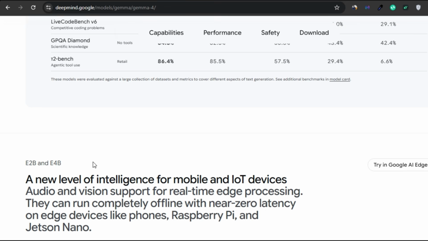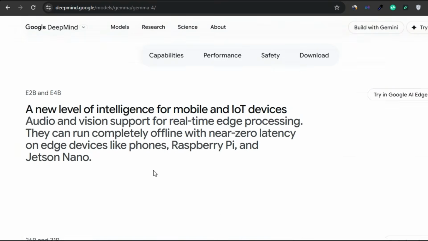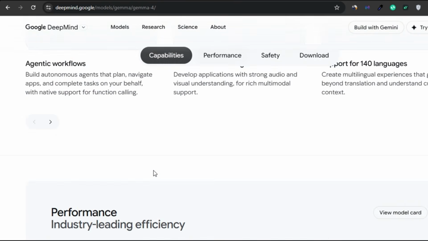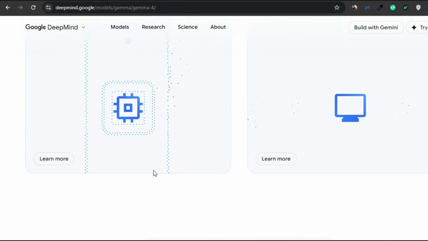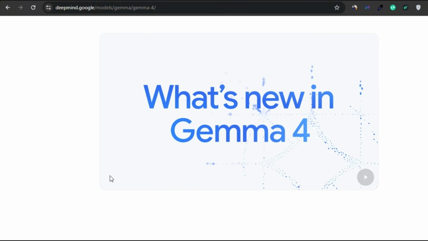These multimodal models support text, images, and audio on smaller variants, offer up to 256K context length, enable native function calling, and deliver strong performance in reasoning, coding, and math tasks. The 31B version ranks among the top open models, combining high performance with efficiency, making it possible to run advanced